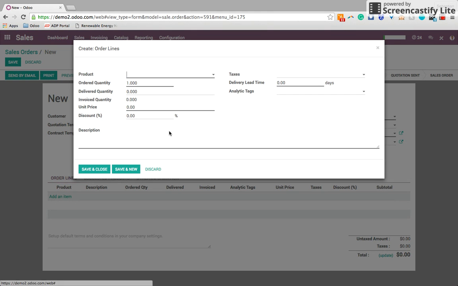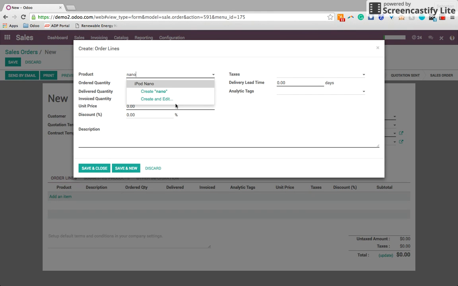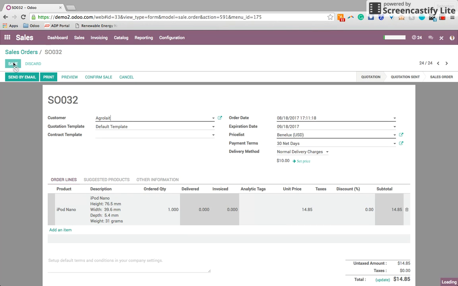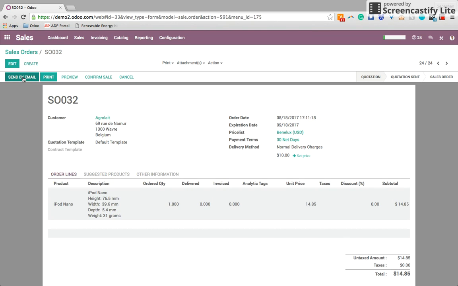And now we can add the product. I can just search one quickly, iPod Nano, and based off of the configuration I have set for that product, this information can fill in automatically. Let's add this. They only want one iPod Nano. I'm going to save this, and now I can send it to them by email like I've done before, but I'm going to click confirm sale